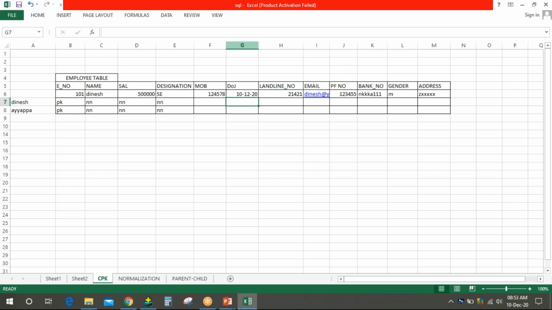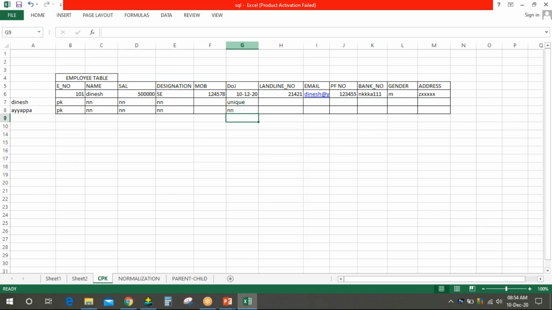Not null, unique? Who should be unique? Please tell me the name. Dinesh, sir, it's a primary key itself. Only one primary key has to be given in one column, I told you. If you cannot use one more primary key, you use unique. Someone has said not null.